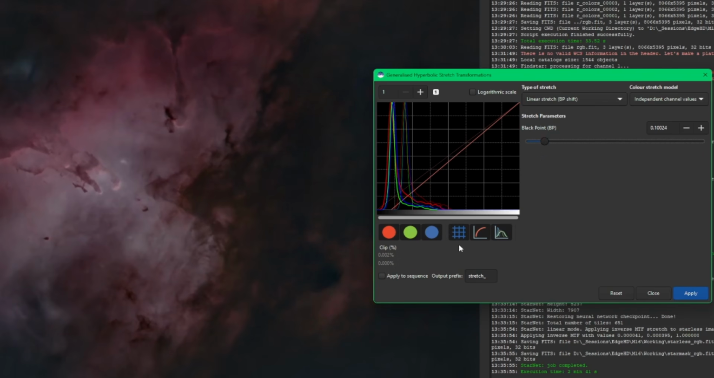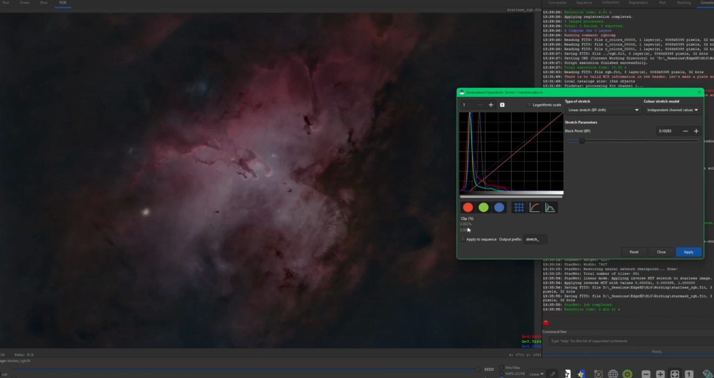So adjust the black point to your liking while you're watching your clip percentage, while you're watching your background. Find that balance to where you like it to be, and I think that's good. 0.001% is not going to make a difference. Just try to keep it as close to 0 as you can. So I'm going to leave it there and hit apply, and then I'm going to come back over into my